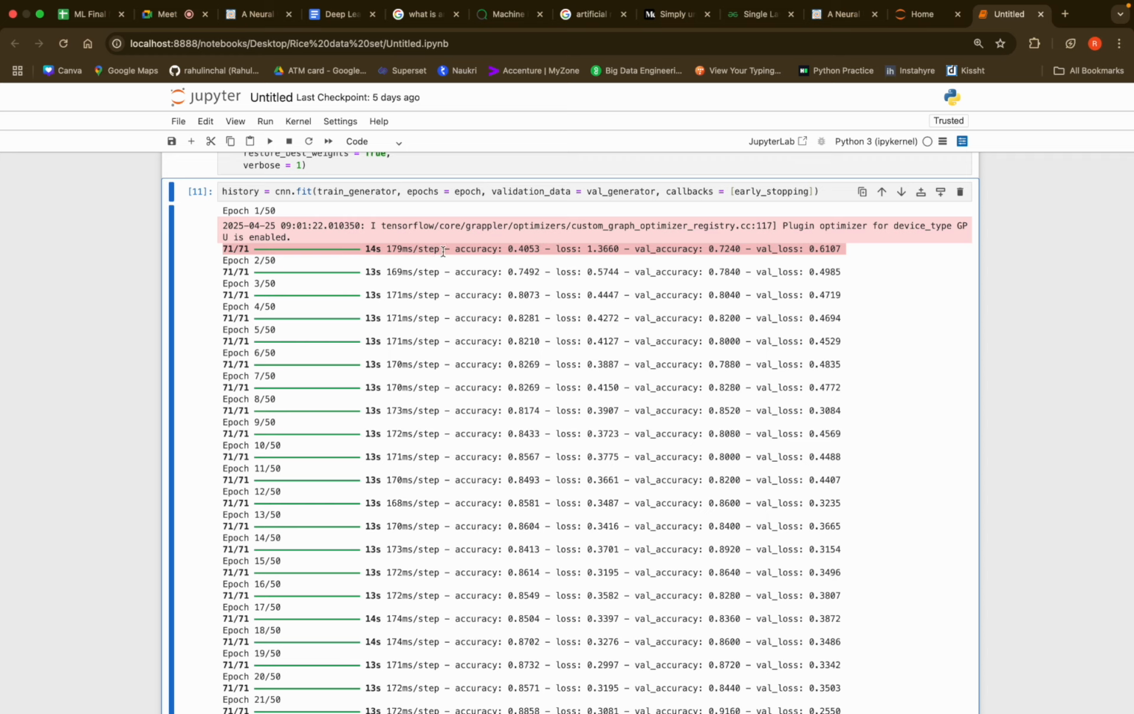179 milliseconds per step. Accuracy is 0.40 in the first epoch. Loss is 1.36. Validation accuracy is 72. Validation loss is 61. In the first epoch, like the way the example I gave you just a while ago,